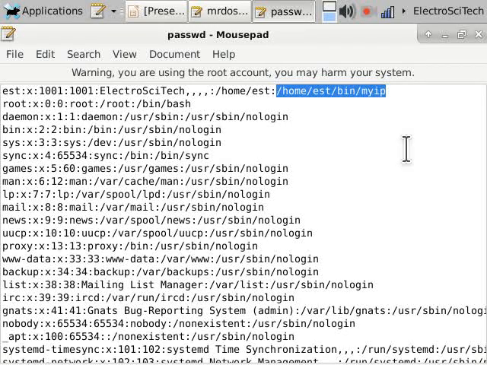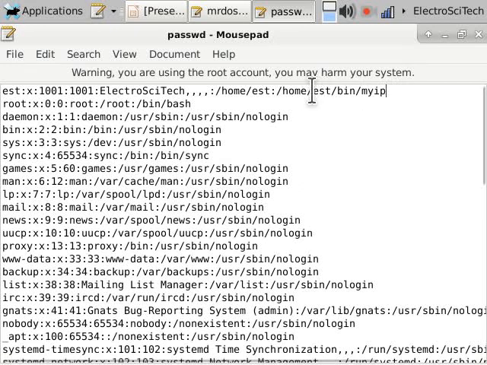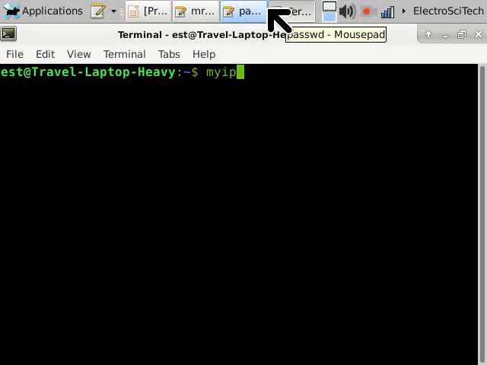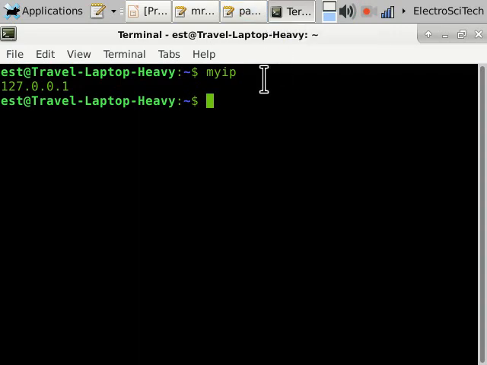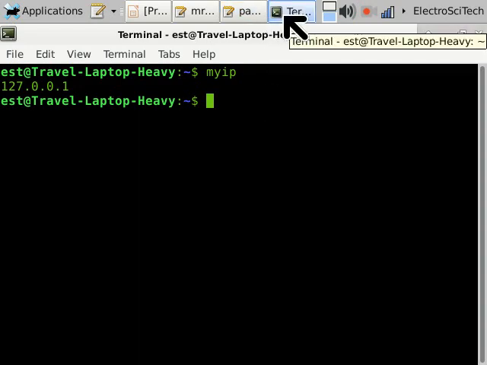So that is what I'm going to be editing because it's the easiest way to get this video done quickly. You'll see I have my IP on here, something in my own home bin directory. My IP is a program that I wrote to be able to retrieve my loopback IP and throw that into another command for one of my other bash videos that I did. Now we're going to use that as a shell